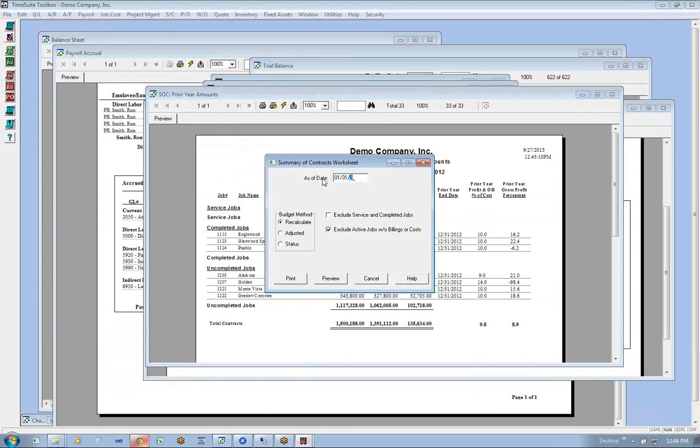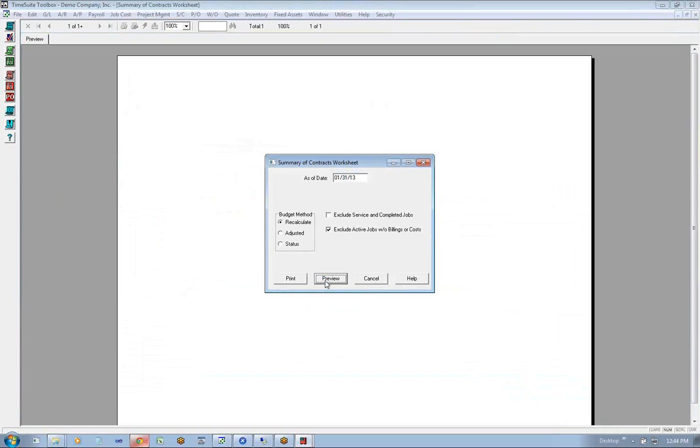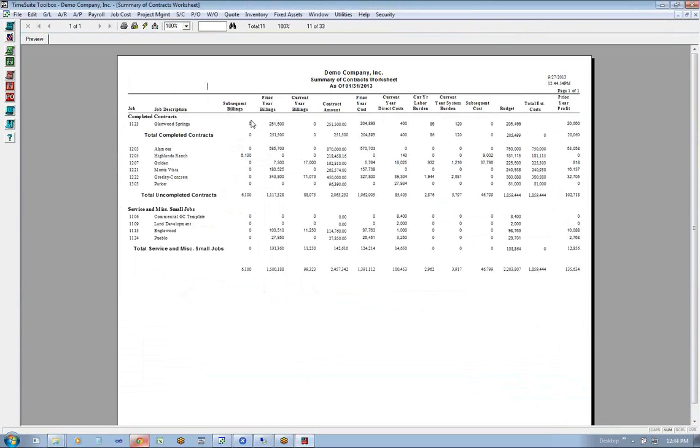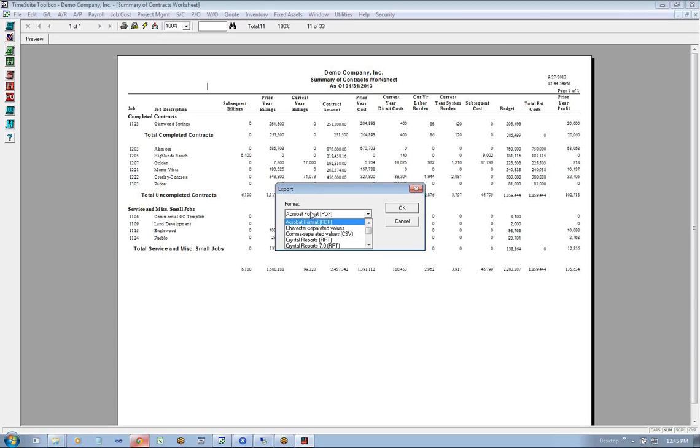Also, the auditors, I'll just do 131 since that's what the demo data is geared for. In the audit process or review process, they're required to do certain analytical review steps. And one of the steps would be to analyze the jobs for subsequent billings and subsequent costs. So here, this gives you the subsequent billings, prior year costs, your burden columns, so that they can do more of their analytical procedures. So if I export this to Excel,